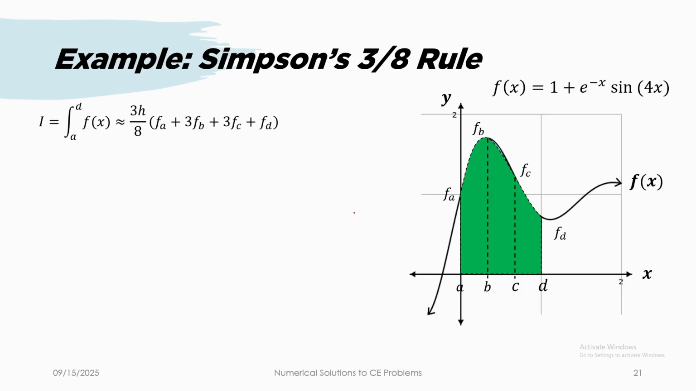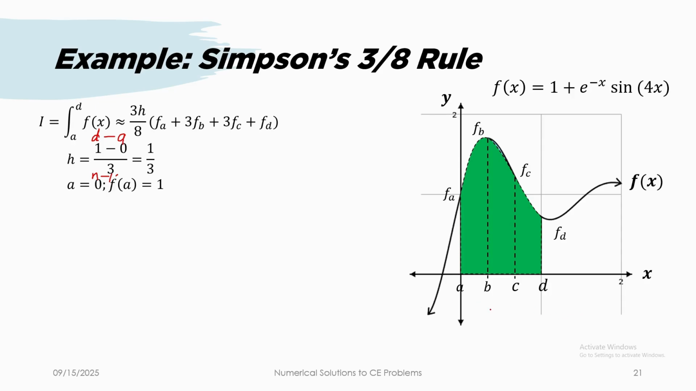Now, we use Simpson's 3/8 rule. If we recall, it has a formula of 3h over 8 times f of a plus 3 times f of b plus 3 times f of c plus f of d. We are using 4 nodes this time, so that's b minus a over n minus 1. We're using 4 nodes, so that's just 4 minus 1, so that's 3. H now becomes 1/3,